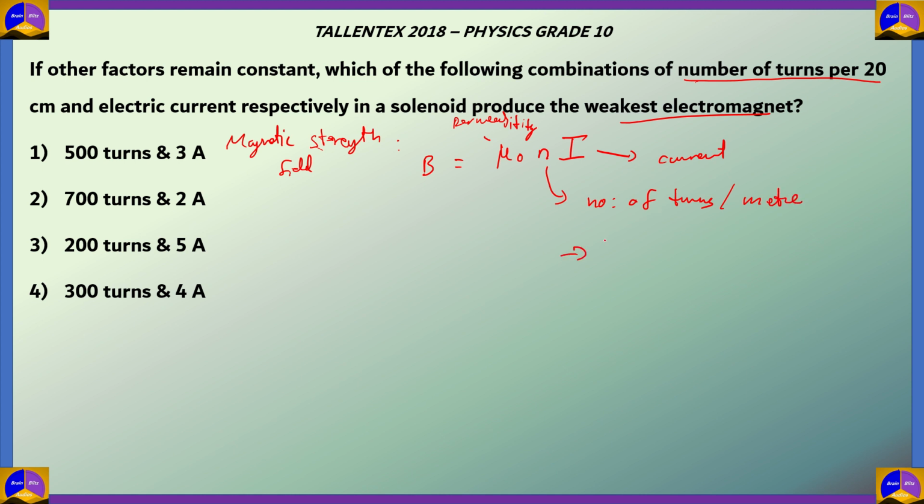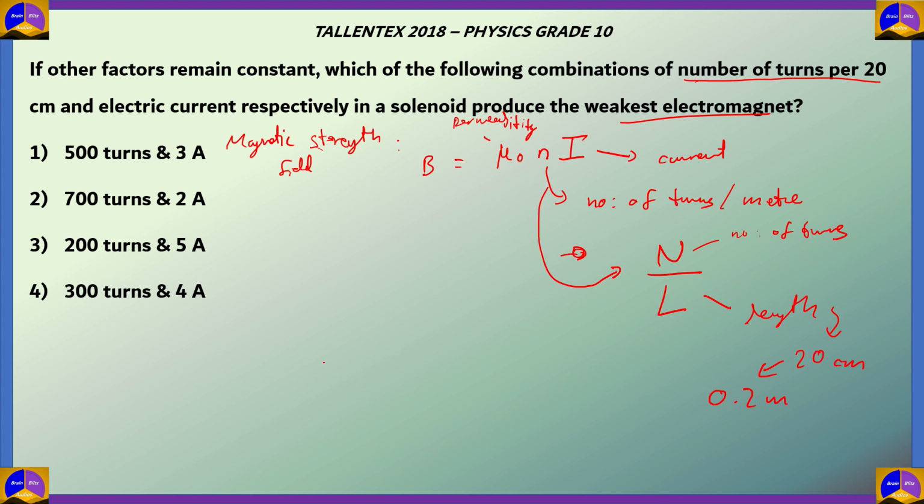Now here this particular value n can be represented as capital N over L, where uppercase N refers to the number of turns and uppercase L refers to the length, which in this case is 20 centimeters, which can be written as 0.2